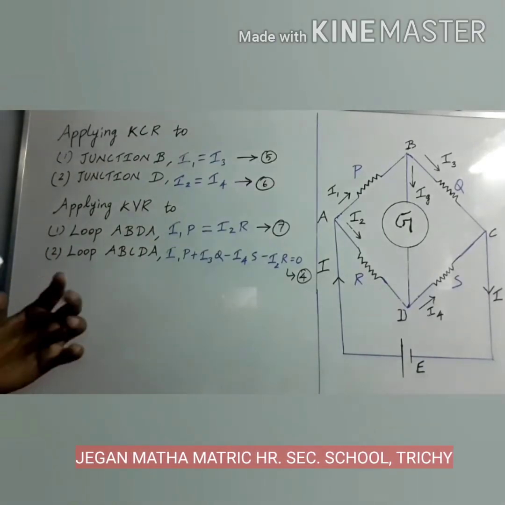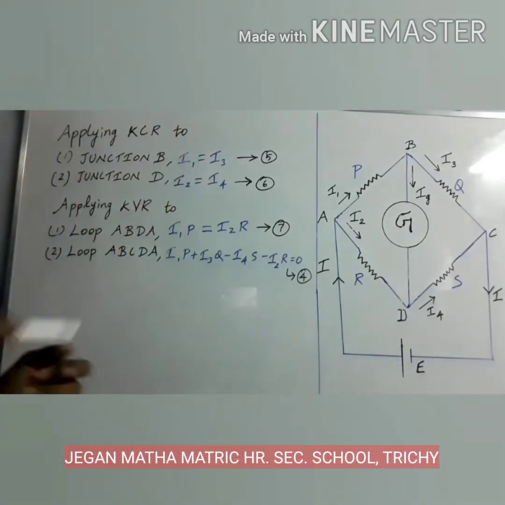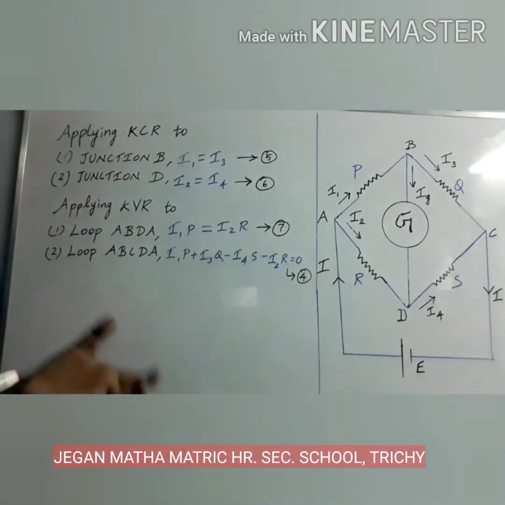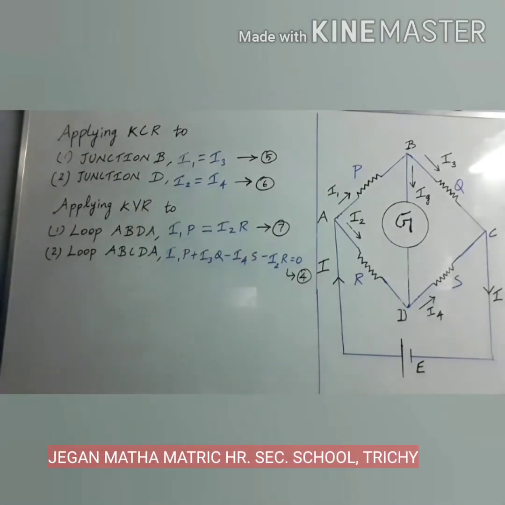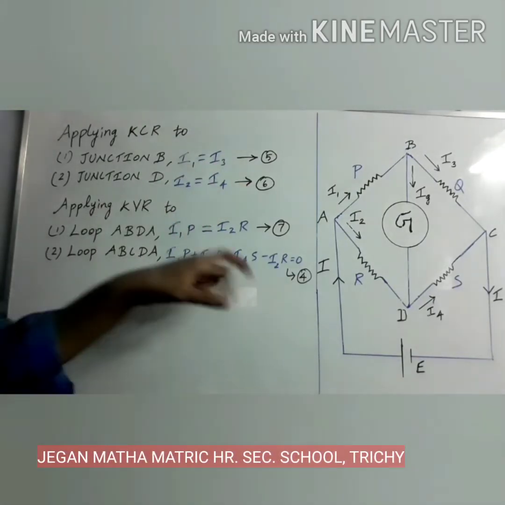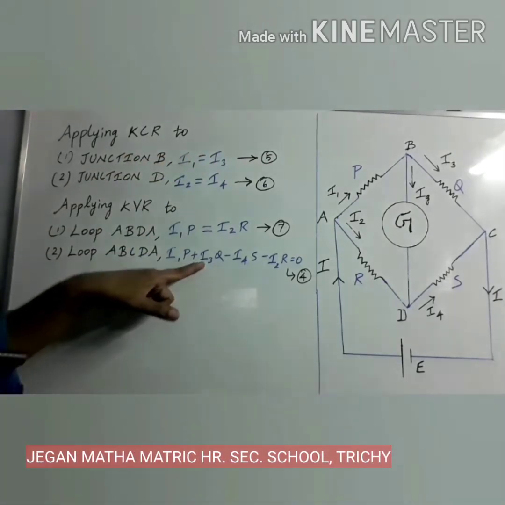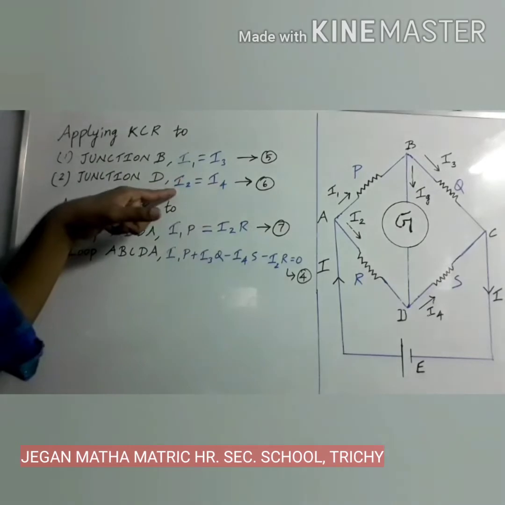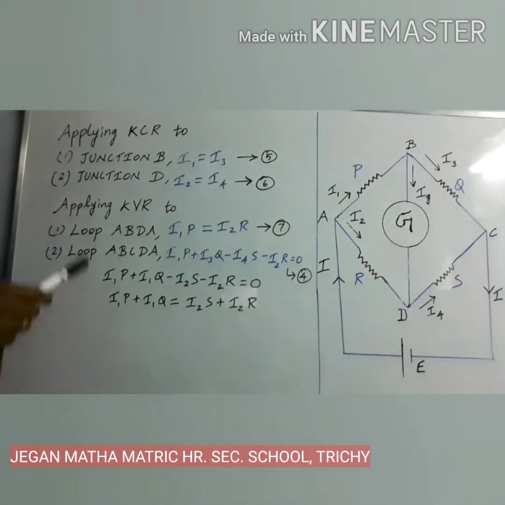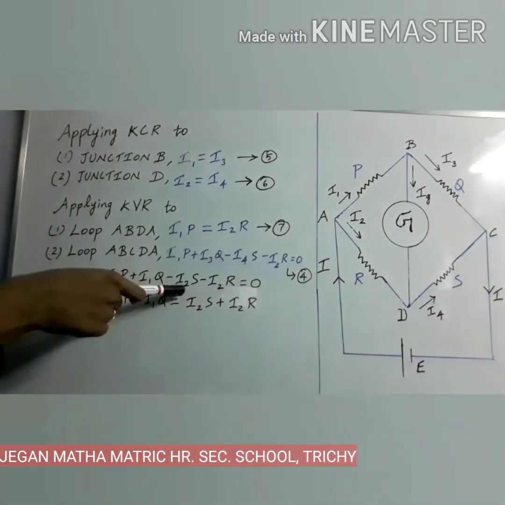Now equation 1 takes a new form, that is I1 equal to I3, which can be considered as equation number 5. And equation 6 is rearranged from equation number 2. So the 7th one is rearranged from equation number 3. Now we can substitute equation number 5 and 6 in equation number 4. According to equation number 5, I3 is equal to I1. So instead of I3, I can write I1. According to equation number 6, I4 is equal to I2. So instead of I4, we can substitute I2. So here I have substituted 5 and 6 in equation number 4. Instead of I3, I have written I1. Instead of I4, I have written I2.